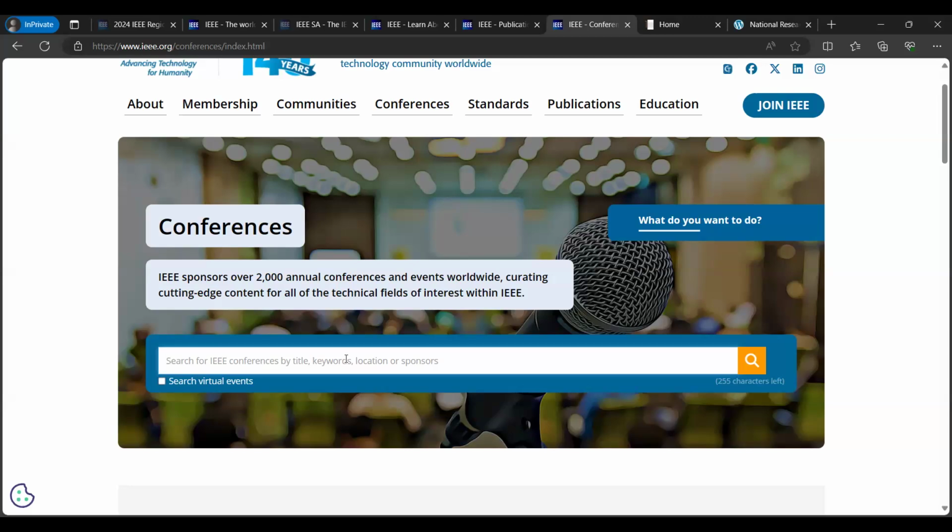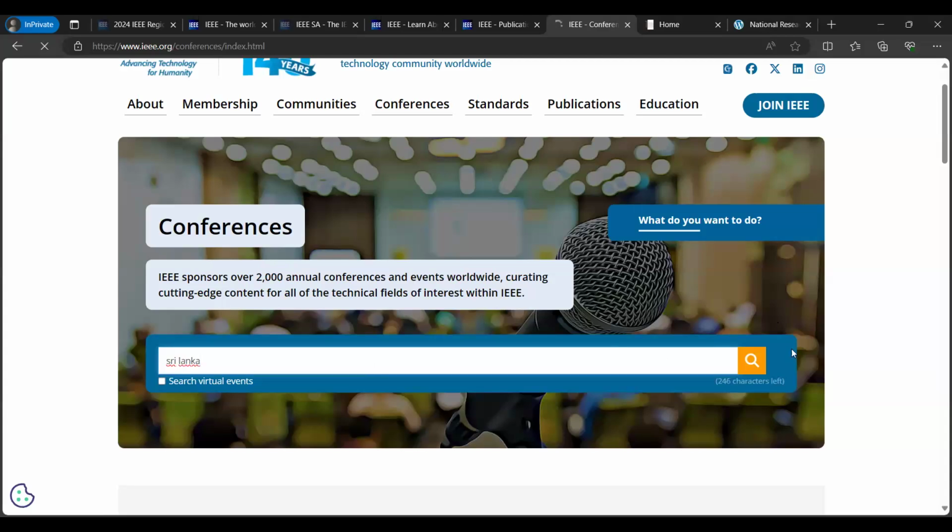Because your findings can be improved, but meanwhile you can get a publication with solid results to showcase that you have made some progress in your research. So for your undergraduate studies, mostly your supervisors will encourage you to go for a conference. So if it is an IEEE conference, there are a lot of ways that you can find it. Simply, if I type